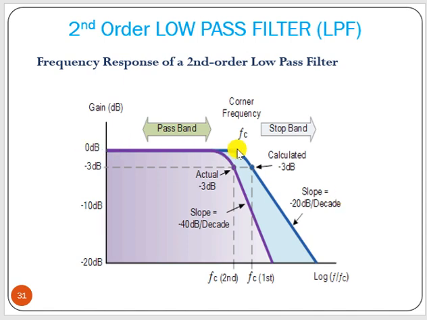Now here you have this low pass filter. This is your first order filter. Attenuation is minus 20 dB, but for second order filter, its attenuation is minus 40 dB per decade. Okay, and we can see there is a little shift of FC value.